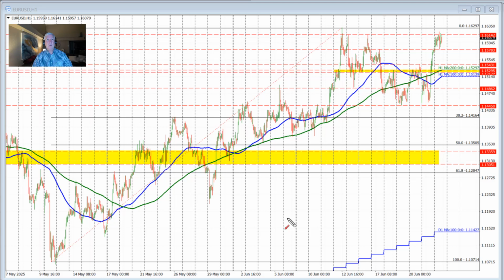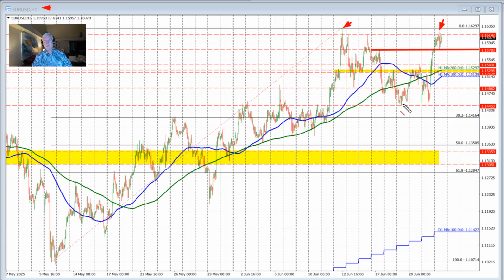Taking a look at the euro versus U.S. dollar, I'll focus here on the hourly chart to start off with, and you can see that the price action today in this currency pair has been more up or down. The initial high that we saw here came up short of the high price that we saw in trading last week. That level came in at 1.16297, and the high price fell just short of that, rotated back to the downside, but found support buyers near this swing high price again from last week's trading,